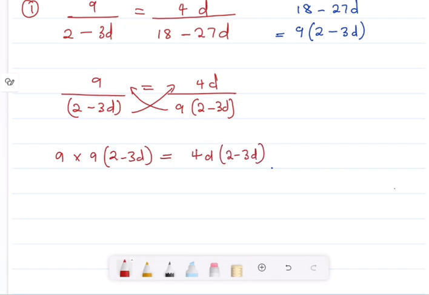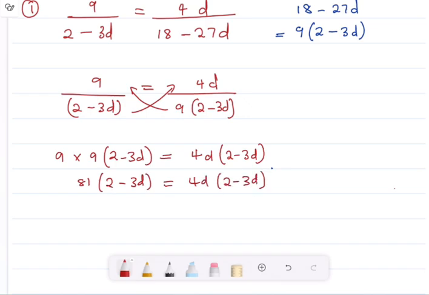So I'll show you the other method where you are multiplying both sides as well. Okay, so this means you have 81 multiplying 2 minus 3d here being equal to 4d and then 2 minus